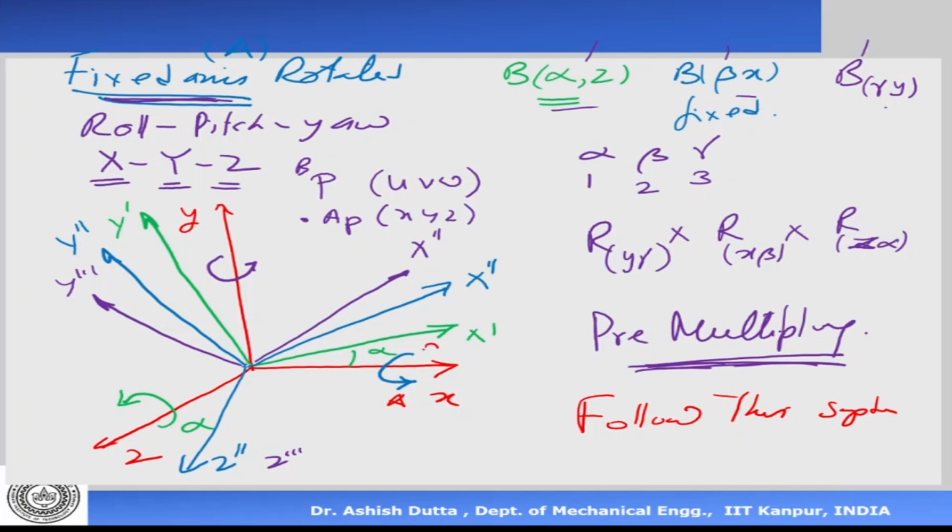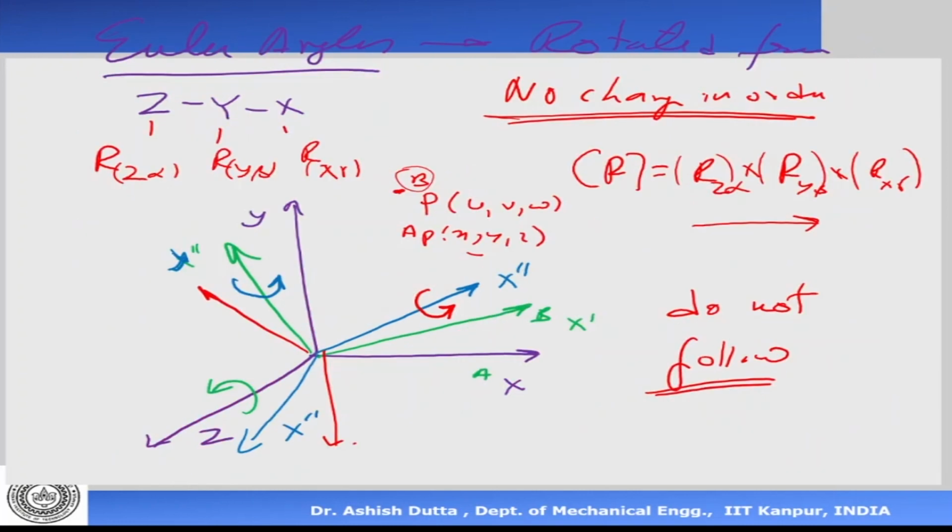You can imagine yourself on the fixed frame. So you're not moving. You're looking at the rotated frame, and here you pre-multiply, and it's easy to follow. So we follow this system when we do our transformations. In the other case, you are sitting on a rotated frame and watching the reference frame on a frame which is moving. That is difficult to visualize actually, so we do not follow it, but it is possible. Just remember that if you're using the rotated angle system, then you post-multiply. If you're using the fixed angle system, you pre-multiply.